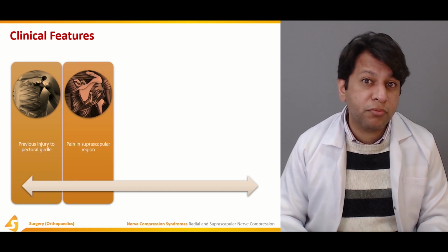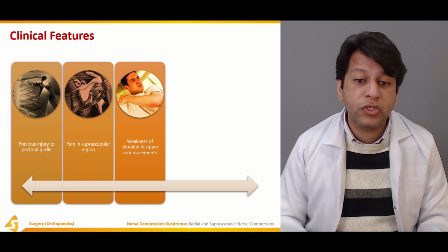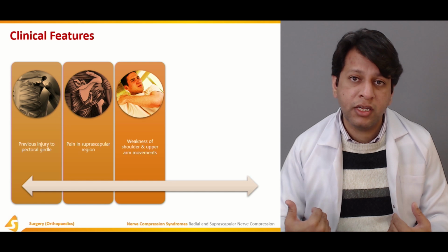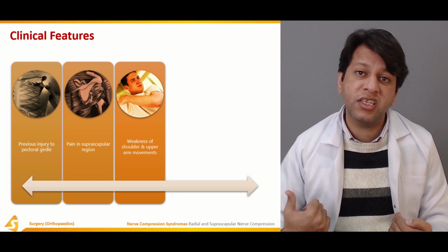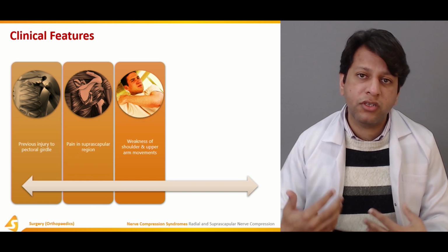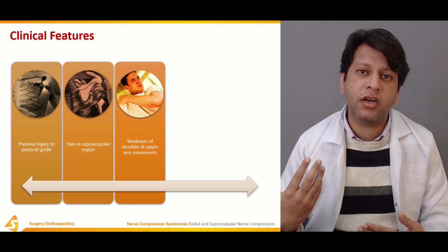Clinical features would include a possible previous injury to the pectoral girdle. There would be pain in the suprascapular region, and weakness of the shoulder and upper arm movements. As you know, the supraspinatus is the initiator of abduction. Therefore, the patient will have a problem initiating abduction. But once it crosses 20-30 degrees, because the deltoid is functioning normally,